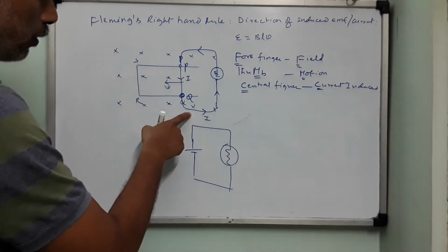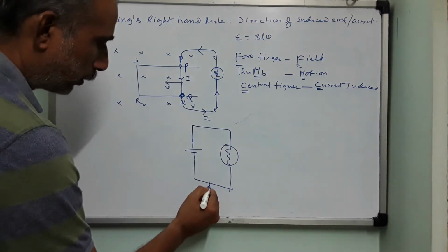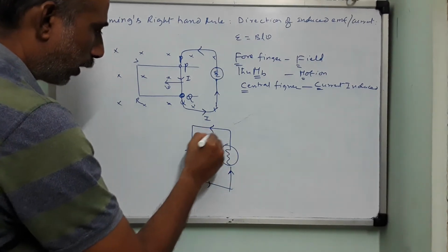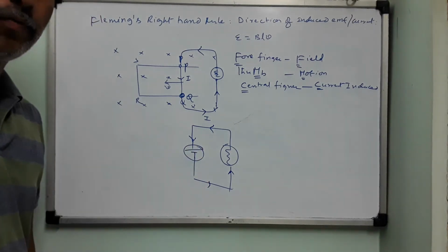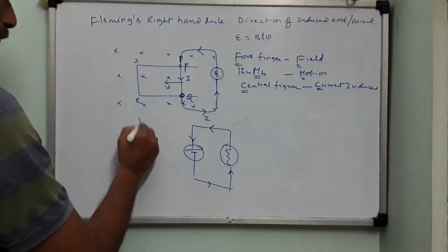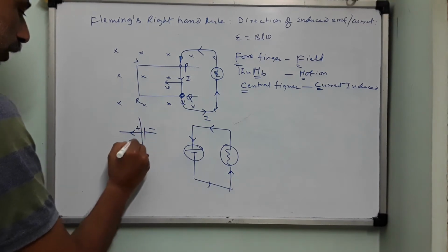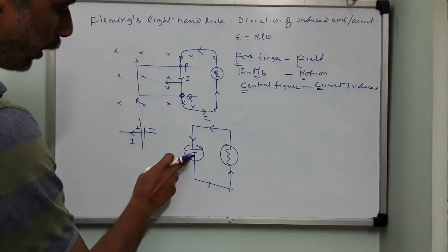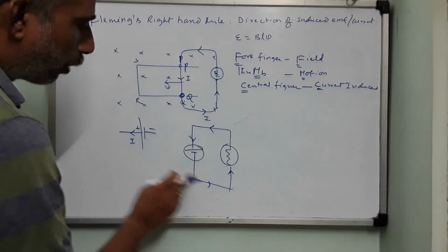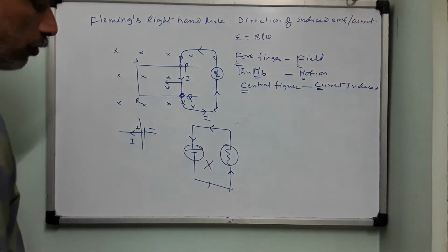Now you see this one. Current is going like this. Means current should go like this. Now if this is a battery or a cell, what is the convention for us? Convention is that whenever you draw a cell, plus minus, current is taken always out of the positive terminal. So if this is the negative terminal, how can you take it out? So therefore, this polarity is wrong. So what should you do?